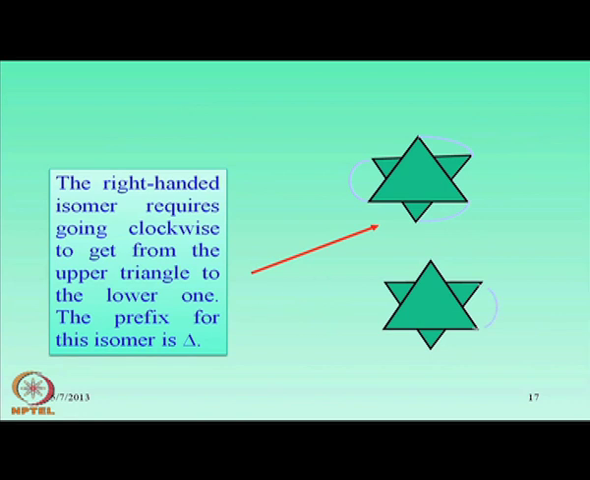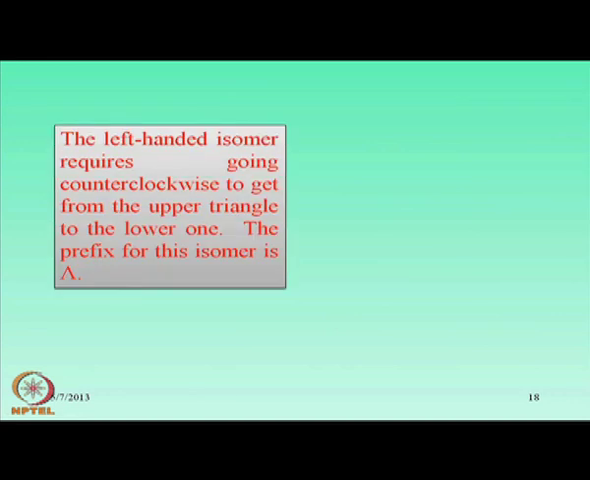In this case we can also have a different one, where the binding is not through this. This is in the opposite direction. So, upper to lower in anti-clockwise direction, upper to lower again in anti-clockwise direction, and upper to lower in another anti-clockwise direction. This movement is going from one form to the other. In the same fashion, the left-handed isomer requires going counterclockwise to get from the upper triangle to the lower one,